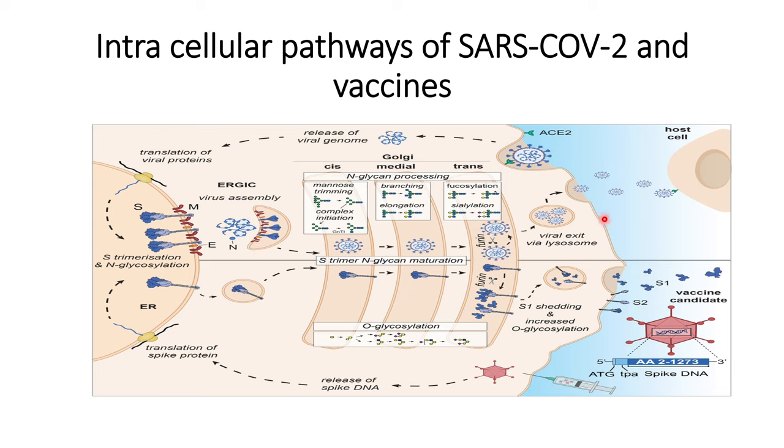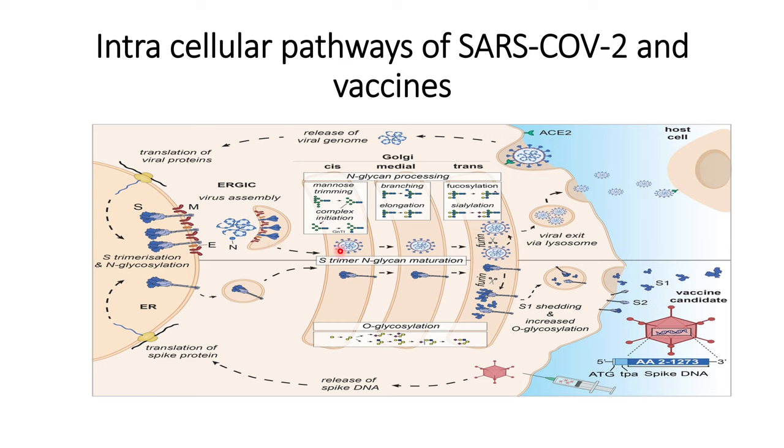When the spike protein is translated in the endoplasmic reticulum, N-glycosylation also begins at the signature sites, that is NXT, where N is asparagine, X is any amino acid except proline, and S and T are serine and threonine. After N-glycosylation starts, the pre-assembled glycan is attached to this signature site, and it then moves to the ERGIC, the endoplasmic reticulum Golgi intermediate compartment, where it encounters the budding virus, or you can say the nucleocapsid. After that, it moves on from the ERGIC pathway,